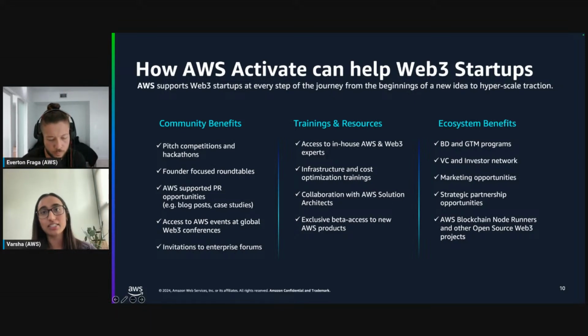We can raise awareness, write joint content, blogs, a whole bunch of other activities as well. So it's really you're being part of a community and being able to leverage AWS and grow your ecosystem as well.